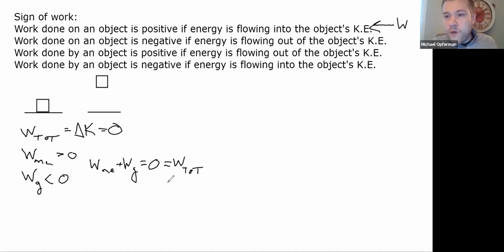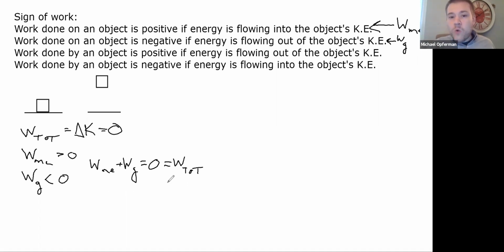The work done by me would fall into this first category. The work done by me on the block is positive because my energy is going into the block. I am pumping energy into the block. But the work done by gravity would fall into the second category here. Because when I lift it up, gravity is actually removing the kinetic energy and storing it as potential energy. So as a result, the work done by gravity is negative because gravity is actually pumping the energy out of